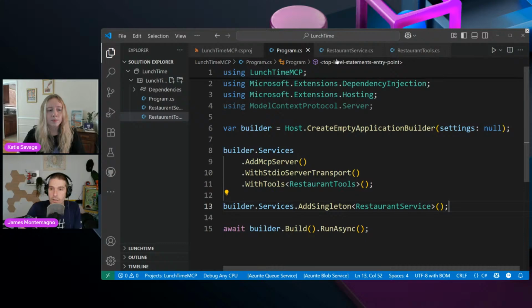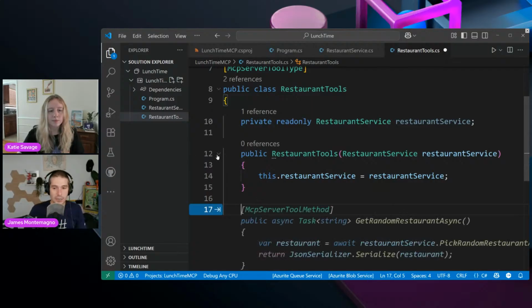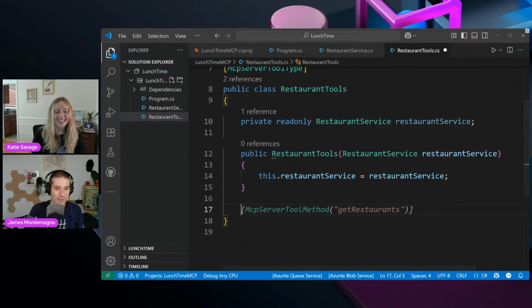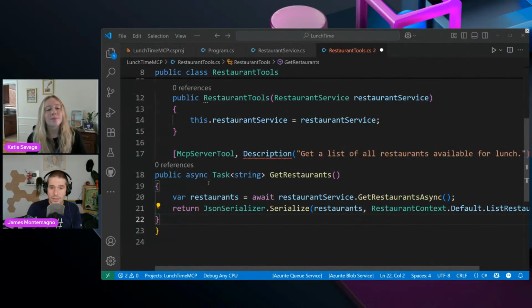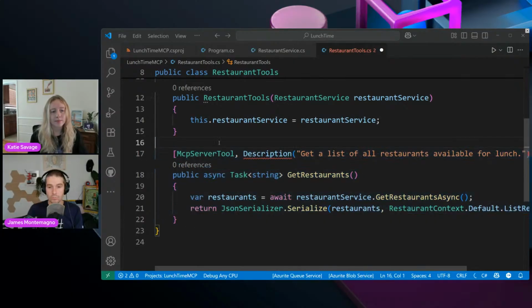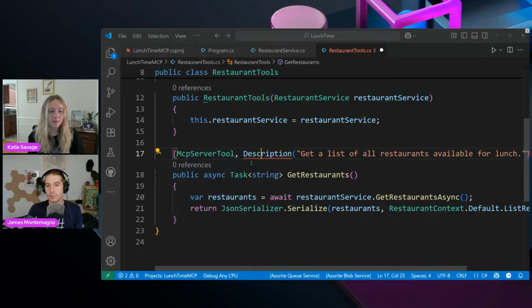Okay. So the first thing here that we want to do in our tools is define some tools. I'm just going to copy and paste it in because it's such minimal code. Actually, I'm not even going to paste it in. It's close. I'm going to copy and paste it in here so you can kind of see it. Okay. So this is super minimal. Let me go ahead and add this. There we go. System component model.